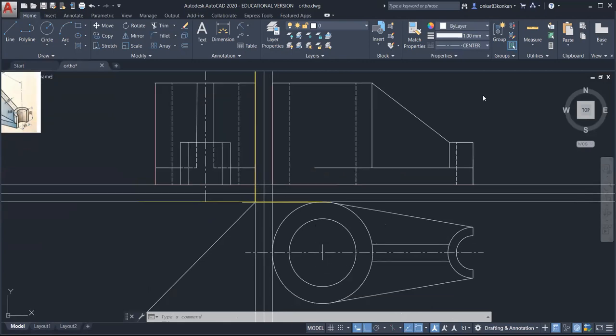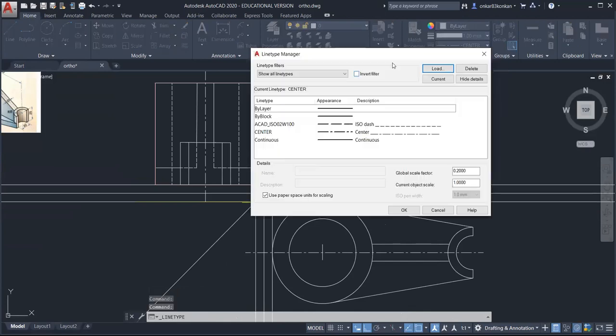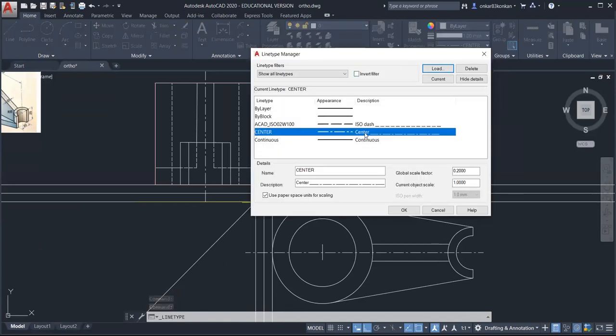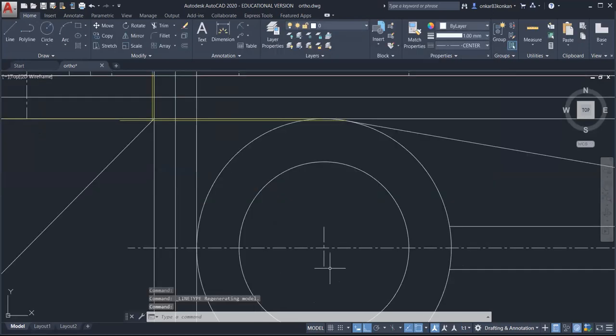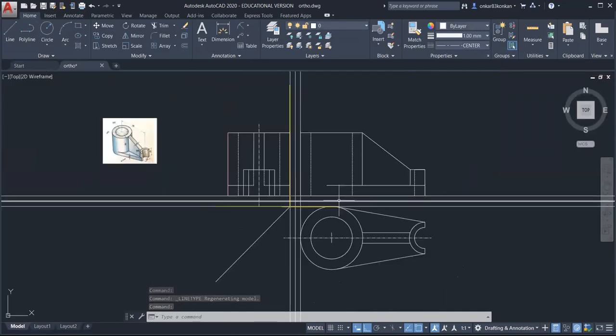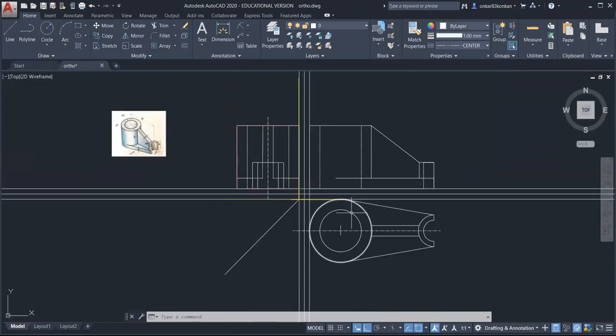So here you can change the scale. Okay, so this is the center. And in the front view, just extend this line.